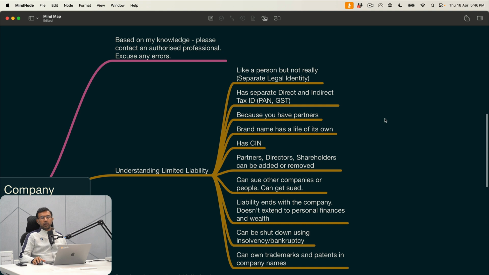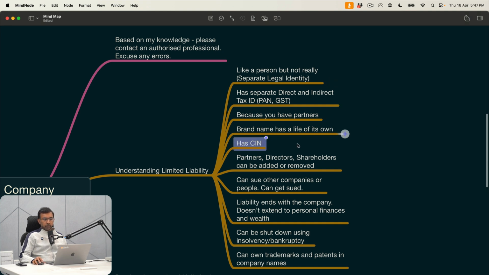That cannot be done with a limited liability company. You also form a separate company and a legal entity like a private limited company because you might be having partners. It has a brand name and life of its own. Like for example, MicroStartup as a company, my intention is for the company to survive beyond my lifetime, which means the company has to survive for another 100 years, 200 years, or probably for an infinite time. And I might give my director position to somebody else in the company. I might let my children inherit my company, and all that can be done with a private limited company.